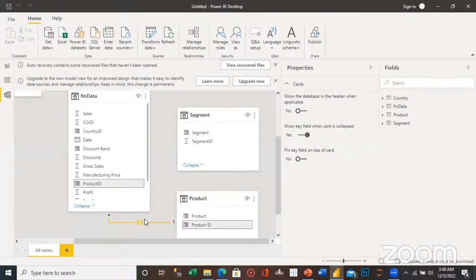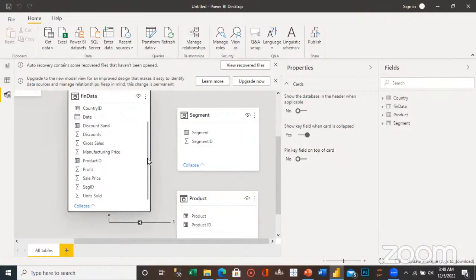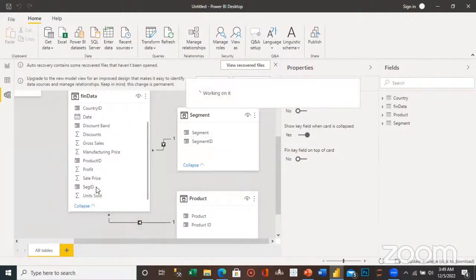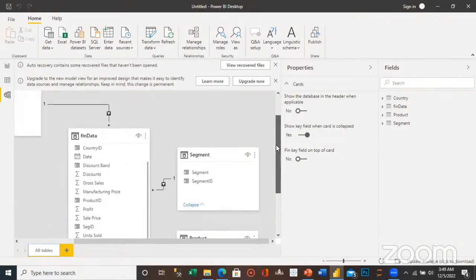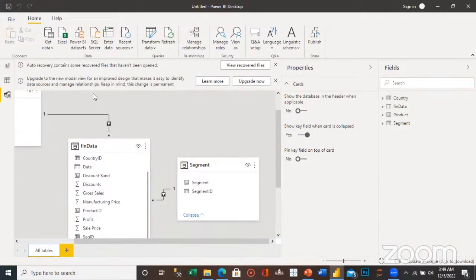This product table is creating a link with the fact table, which is using the common column, product ID, and product ID here at the product table. So we're going to create a link with the segment table to the fact table. If we create that link, you will see we have to look for where we have segment ID. So just drag it to the seg ID here and watch the link be created. So it has successfully created. So move over to